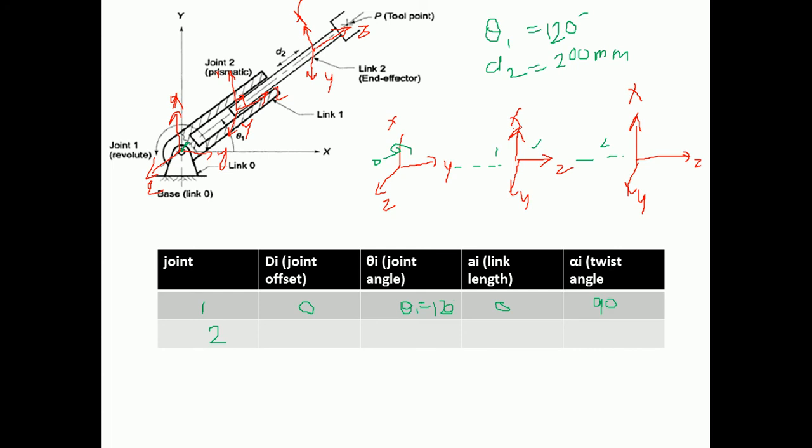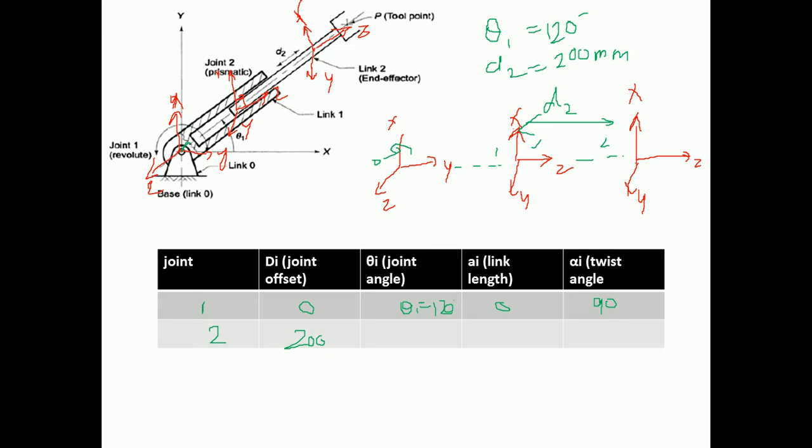When we offset this frame to this frame by a value of 200 millimeter, this frame reaches over here, and the distance provided over this frame is d2, which is the joint offset. There is one more thing to notice: between two frames, we keep the x axis parallel to the common normal, and at last we do a rotation about the x axis so that the z axis is parallel to the next frame.